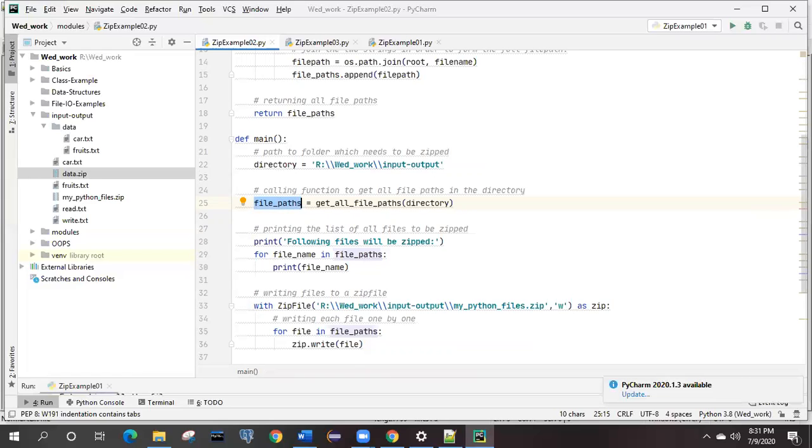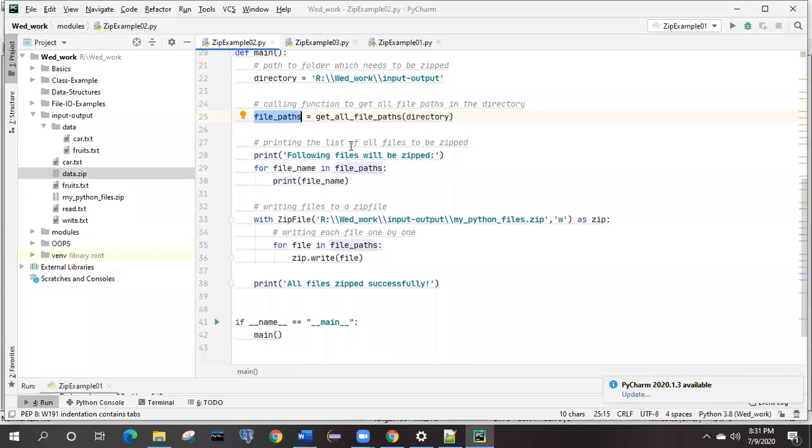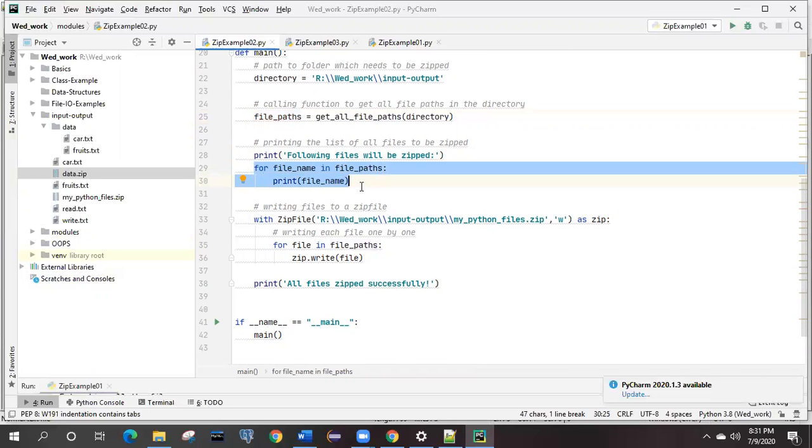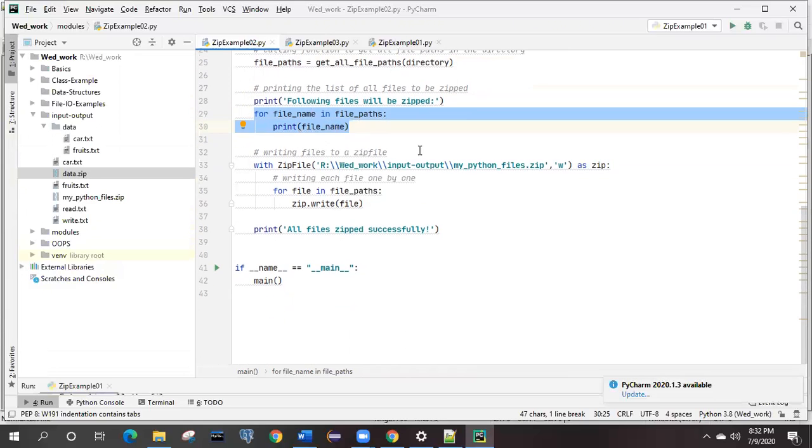We are simply printing the content. See here, in the for loop, we are making use of the print statement, nothing else. And this is quite easy to understand: if there are a number of files inside that file path, that is the list, all of them are going to be printed first, right? Once it is printed, now it will again come to this one.